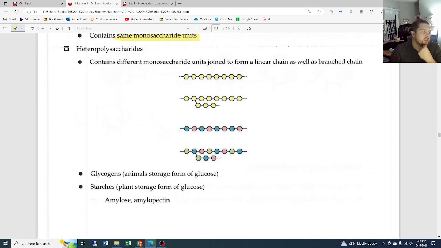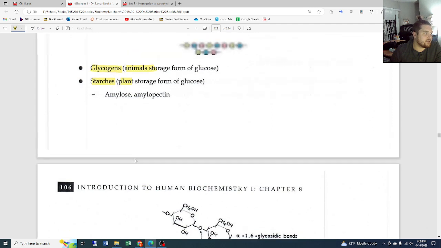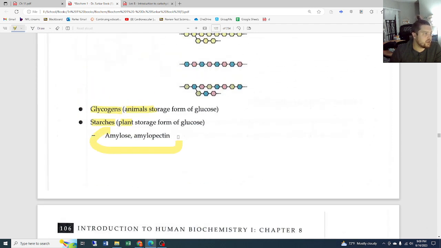So glycogen, for example, is a polysaccharide. This is the animal storage form of glucose. And you also have starches, which is the plant storage form of glucose. Keep that clear that glycogen is in animals, starches are in plants. And these main two, amylose and amylopectin, these will come back